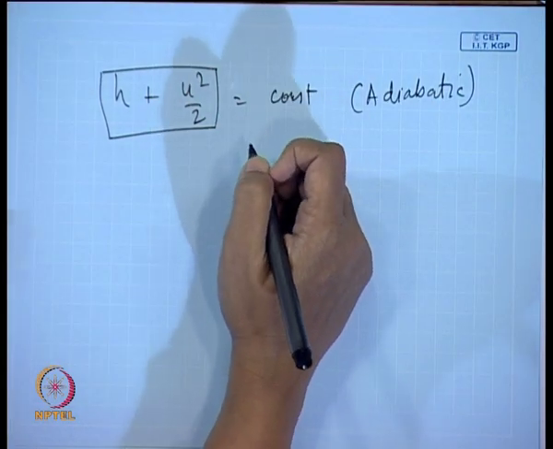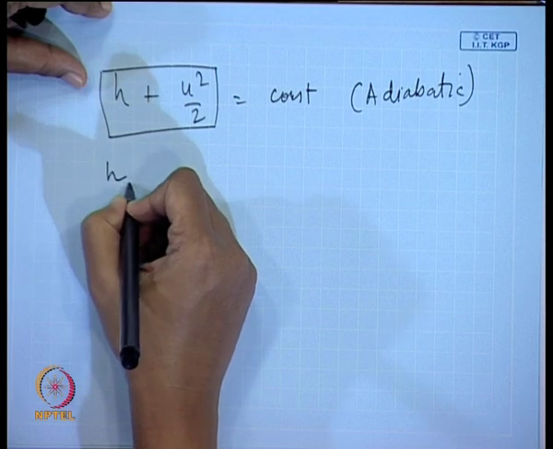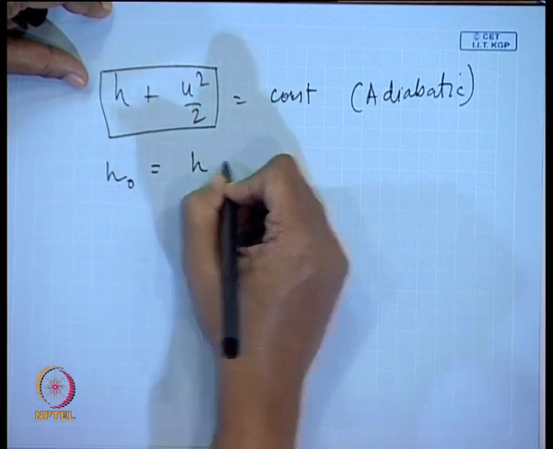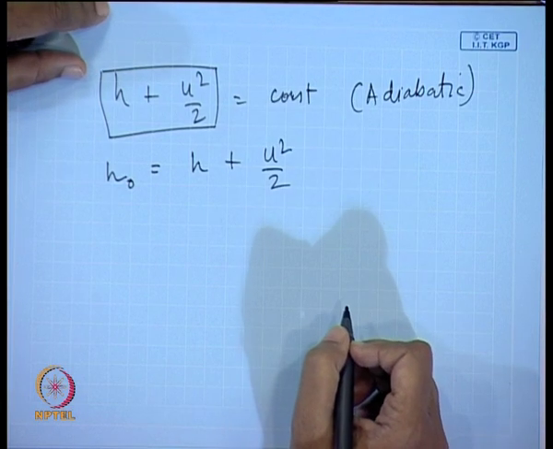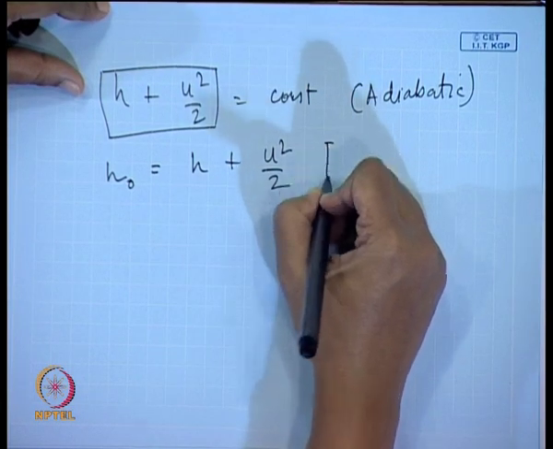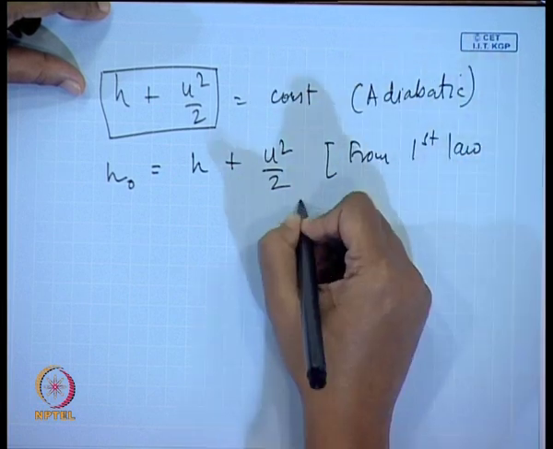This we can write, isn't it? So, therefore, the stagnation enthalpy H0 is nothing but equal to H plus U square by 2, isn't it? This we have got from the first law of